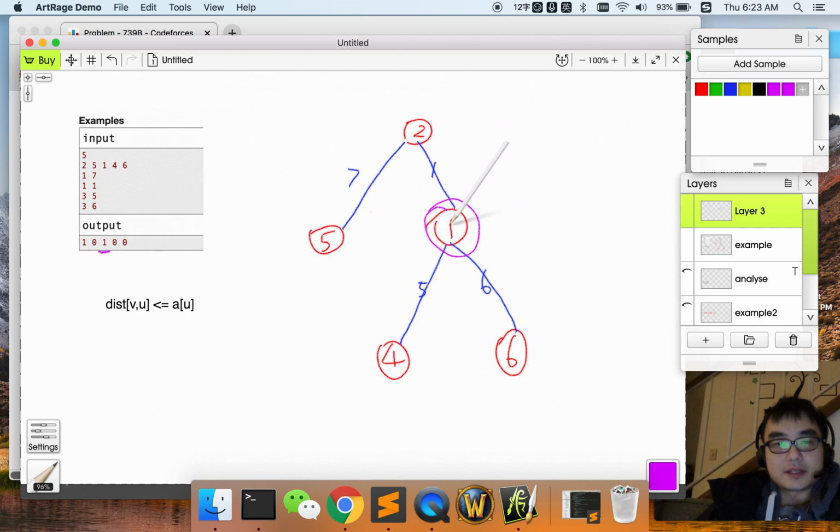So which nodes are controlled by this node? Let's iterate over all its children. So this one's value is 4, and the distance between them is 5,